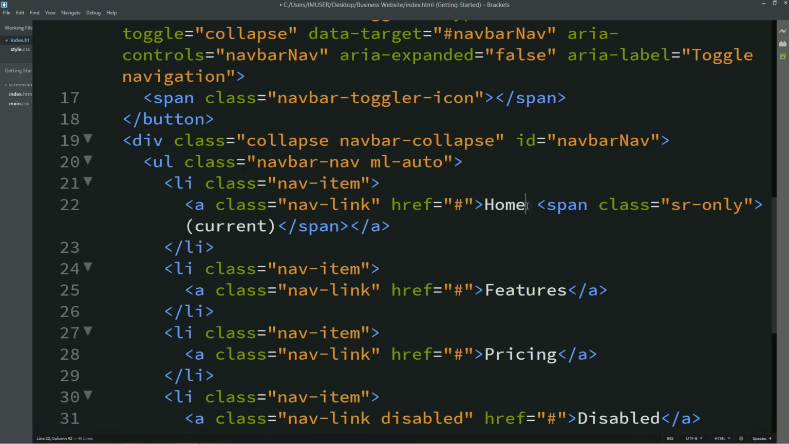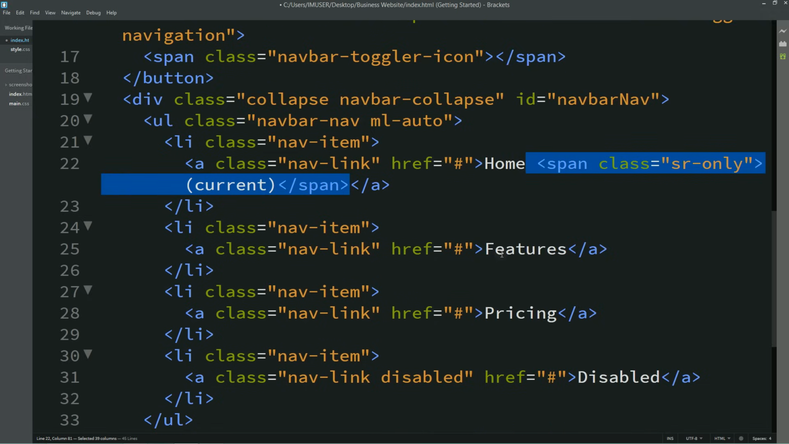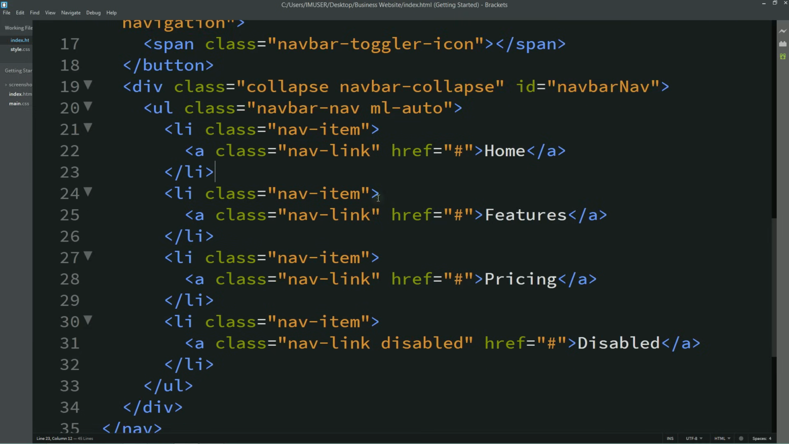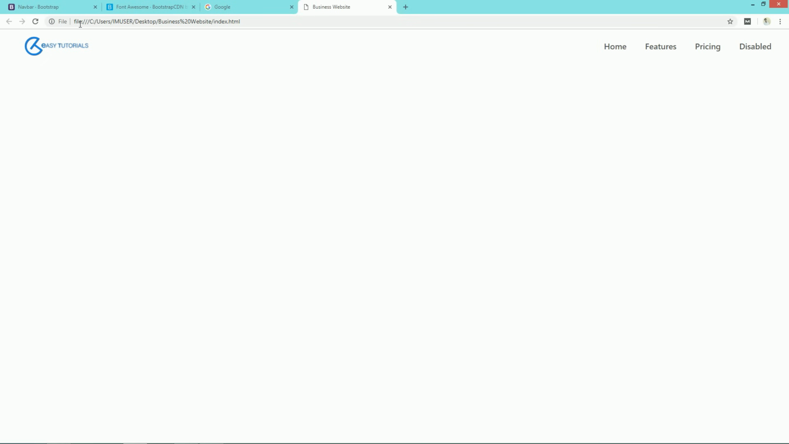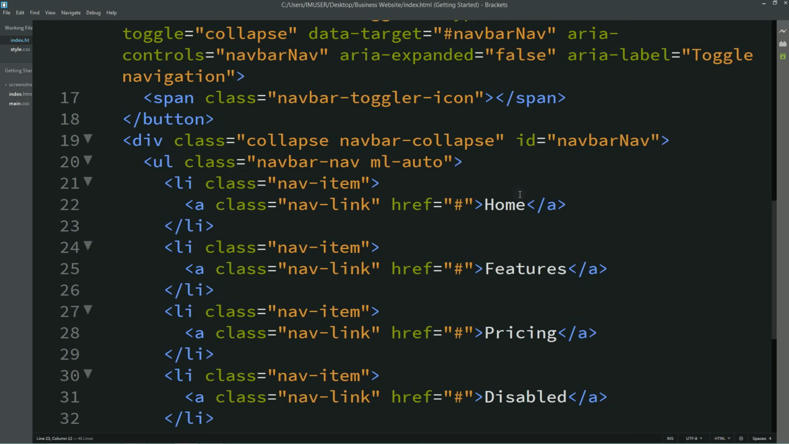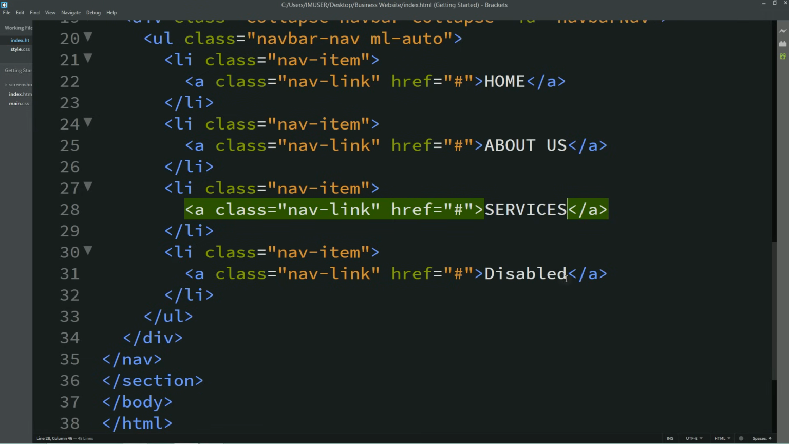Now let's come here and change this text. First I will remove these extra lines. I'll remove this disabled and refresh. It is the same. Now I'll change this text: home, about us, services, our team,